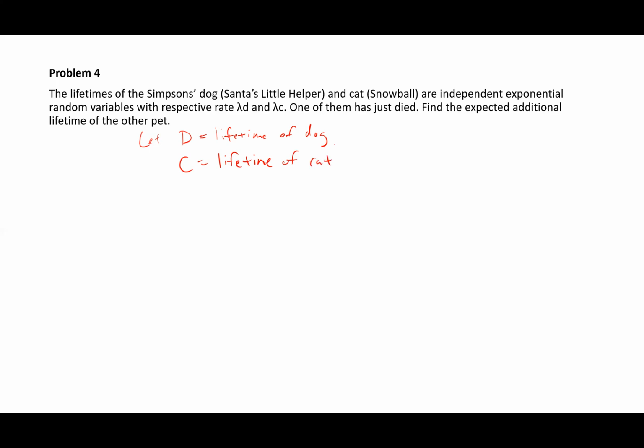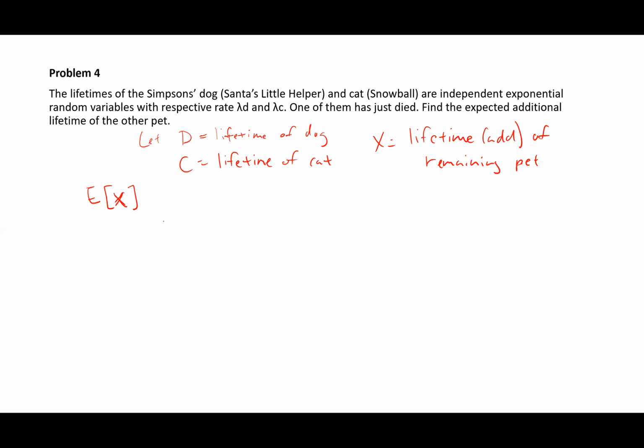Okay, so I want to know the expected value of, and I'm going to say X is the additional lifetime of the remaining pet. So we want to find the expected value of X,